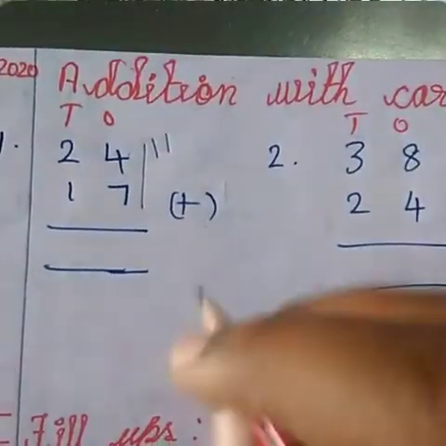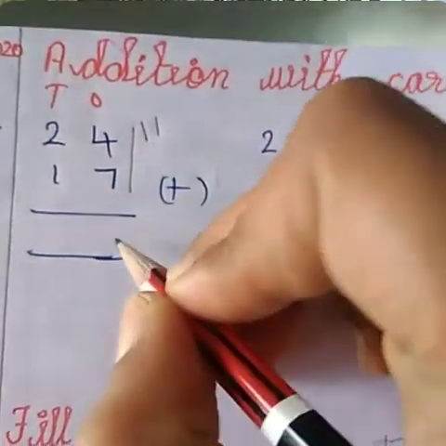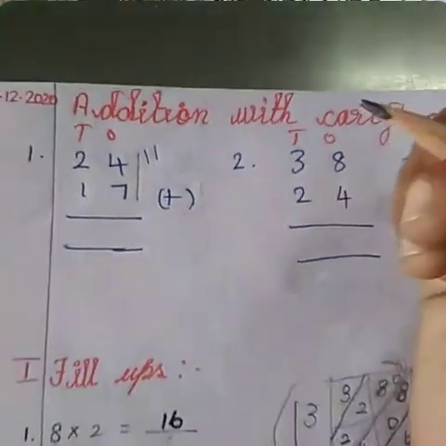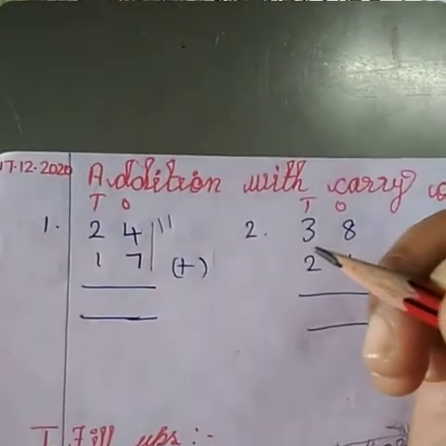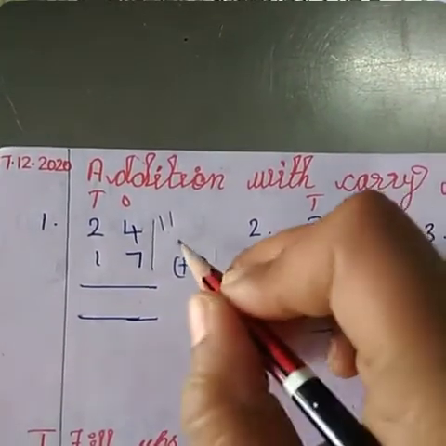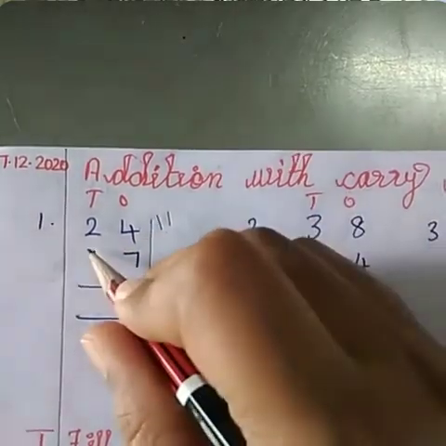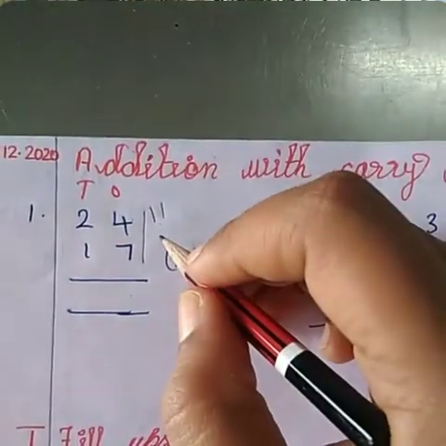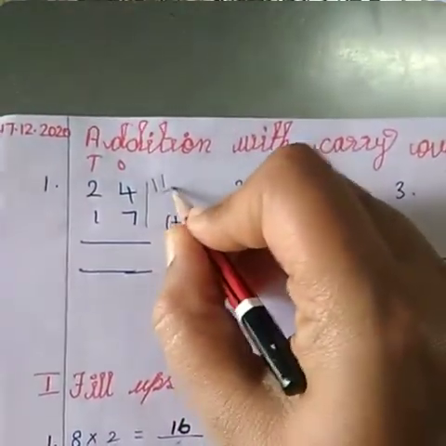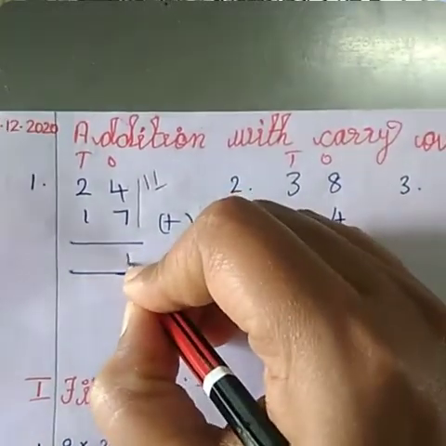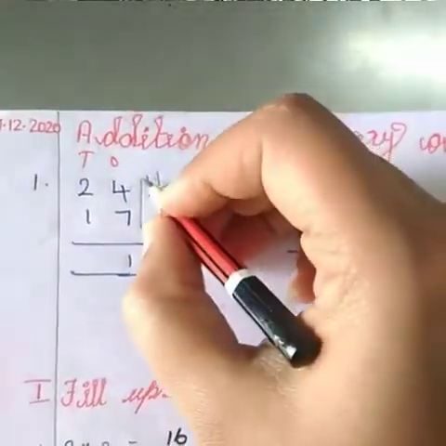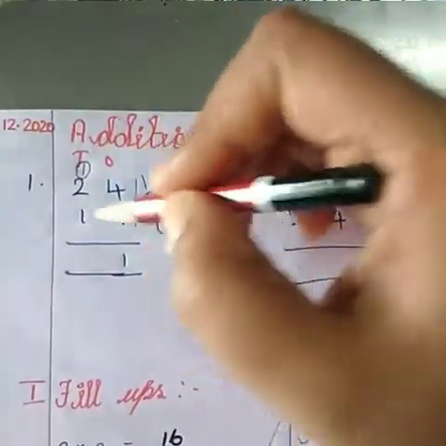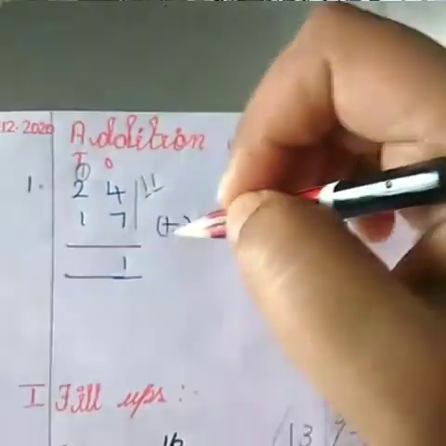If the answer is a one-digit number, you put the answer in the ones place column. But today the answer is 2 digits. So we write the ones place digit in the ones column and put the other number in the next column, the tens column. Then add these three numbers, and you get the total. The total is the answer of the sum.